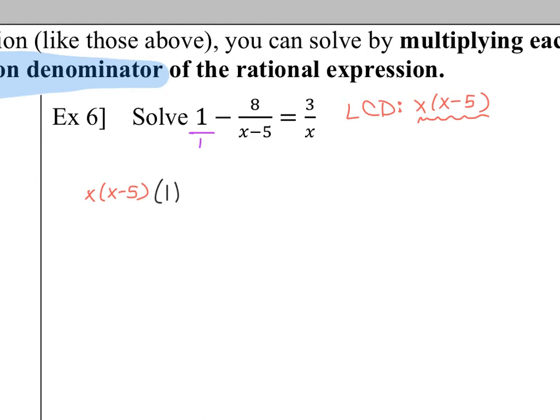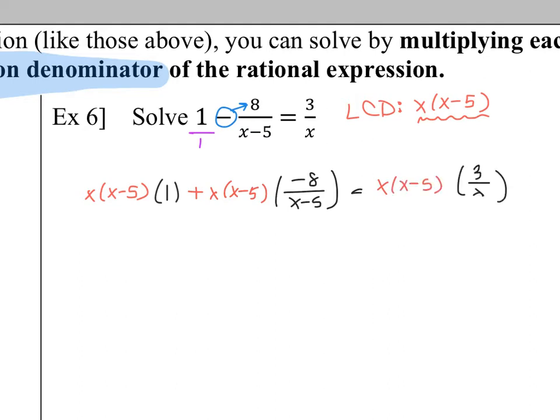Now, with this subtraction, subtractions can make life a little difficult. So what I want you to do is I want you to pull this negative up to this numerator here. So really, it's like adding a negative 8. So we're going to put a plus x times x minus 5 times negative 8 over x minus 5. That way you're not having two negative numbers next to each other. Then we're going to have equals, and then I still have to multiply this last fraction times x minus 5